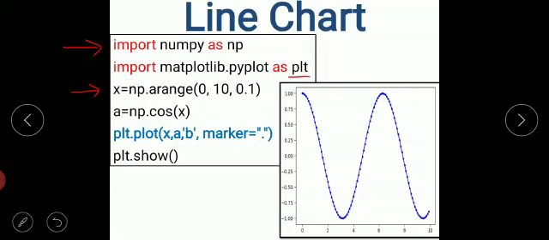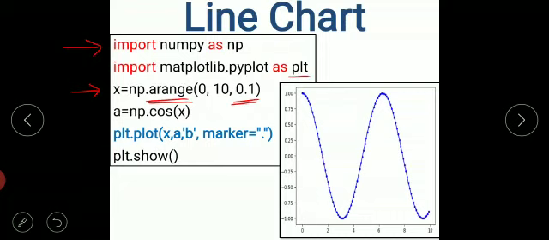You know that arange is a function which is used to create an array sequence, right? Here I have given 0, 10, 0.1, means this 0.1 is the step value. We will get the values like 0, 0.1, 0.2, like this till 10, right?